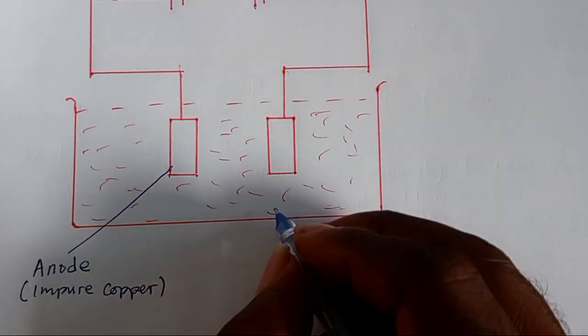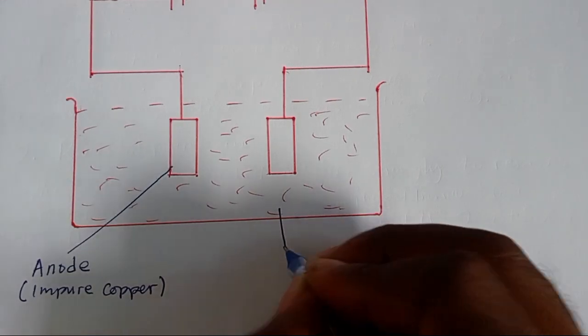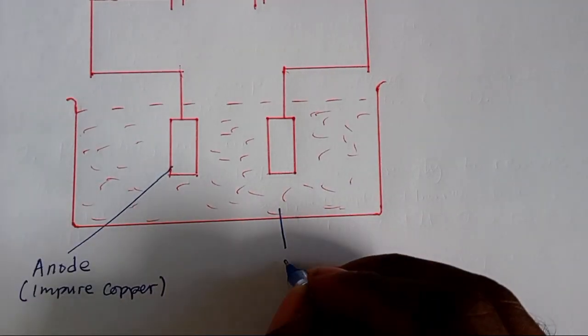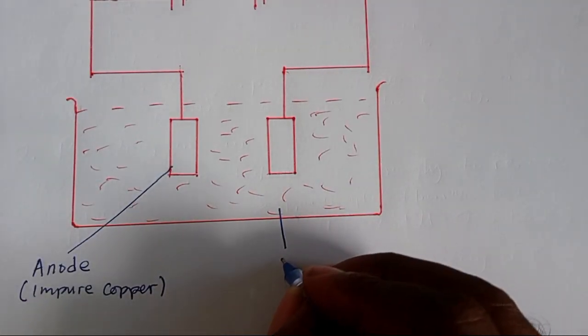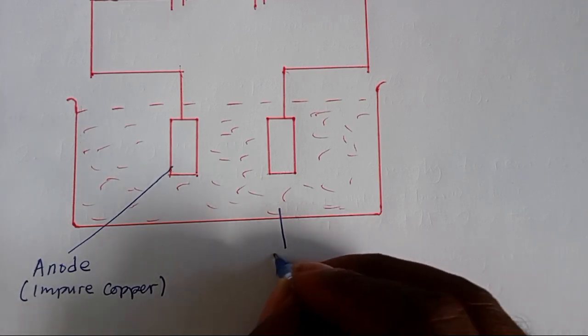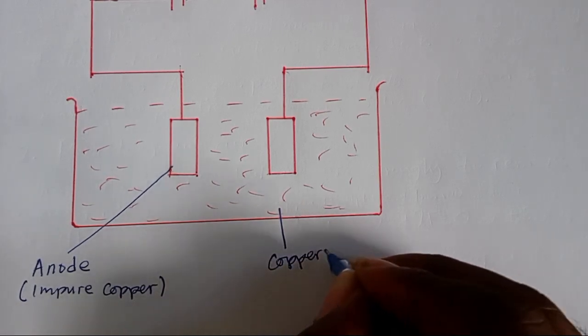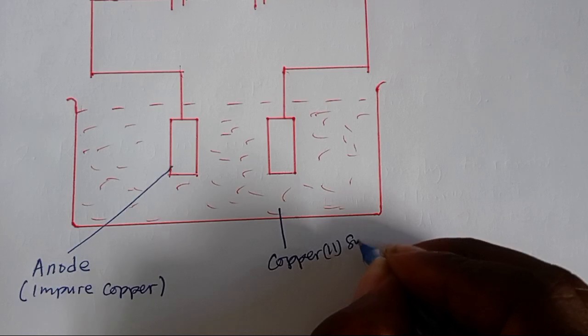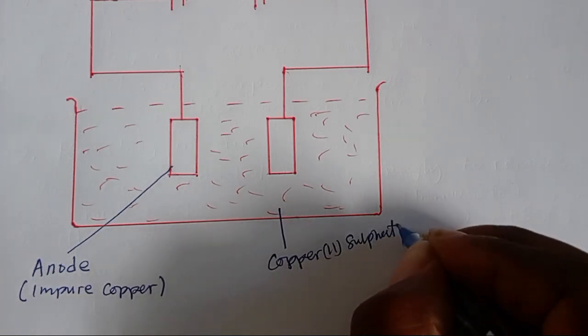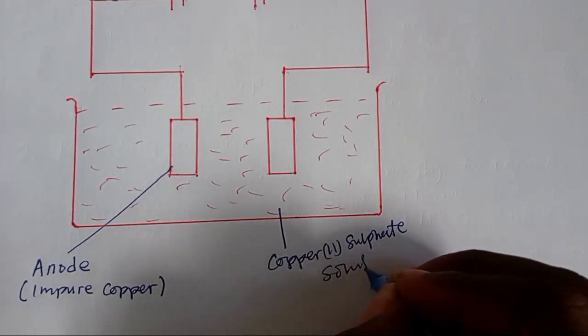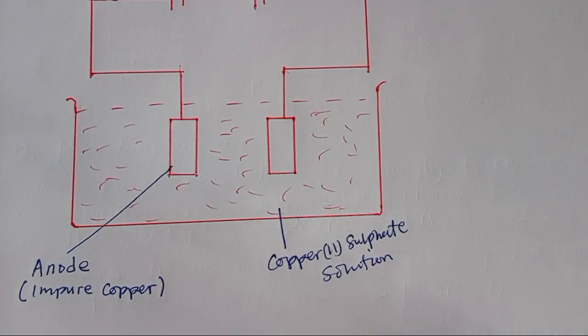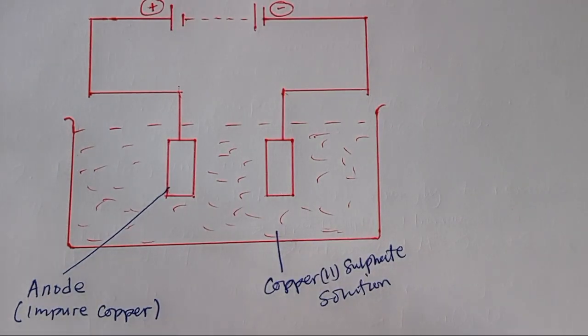And this is the electrolyte, which is copper 2 sulfate solution. This electrolysis cell uses electricity. So once the electricity is powered,